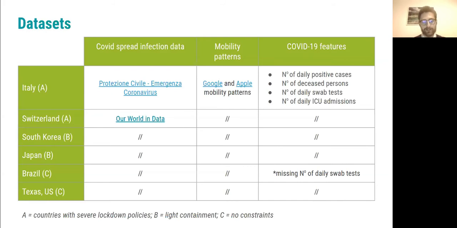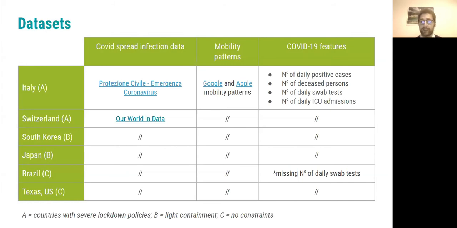There is one country or region more densely populated, such as Italy, Japan, and Texas, and one unevenly populated, such as Switzerland, Brazil, and South Korea. The data sets were built using two groups of features: F1, which takes into consideration COVID spread of infection data, and F2, mobility patterns. We collected the F1 data in Italy from the Sito del Dipartimento della Protezione Civile, Emergenza Coronavirus,